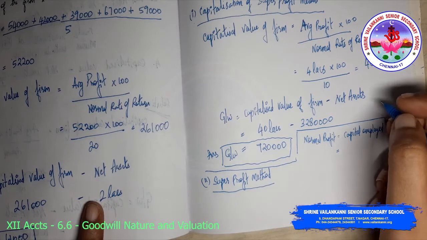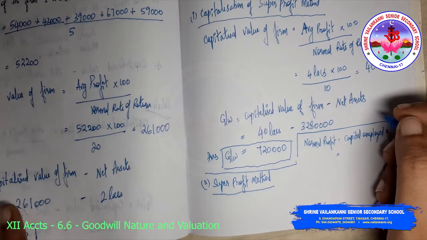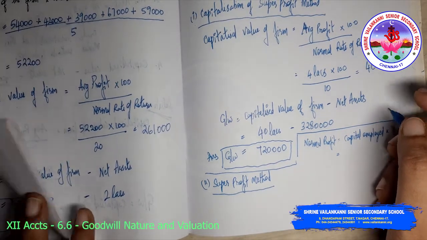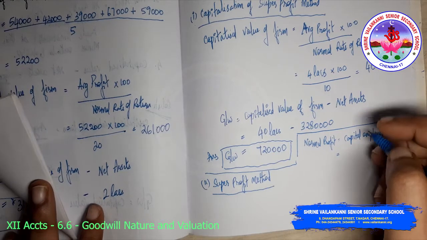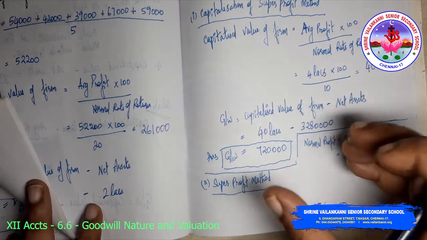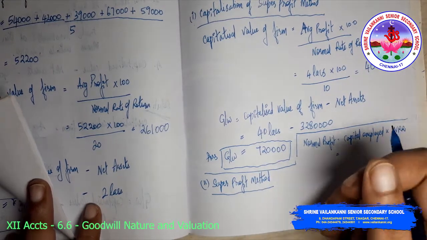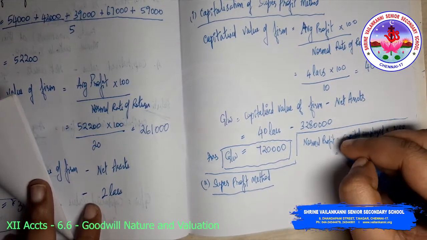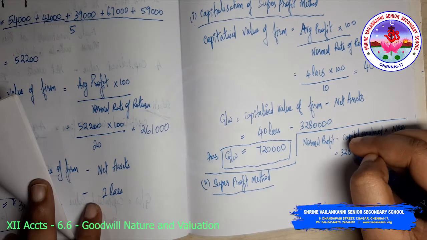Capital employed is nothing but your net assets. How much is the capital actually employed is your net assets, because total assets minus external liability will be the capital employed. So that is 32 lakhs 80,000